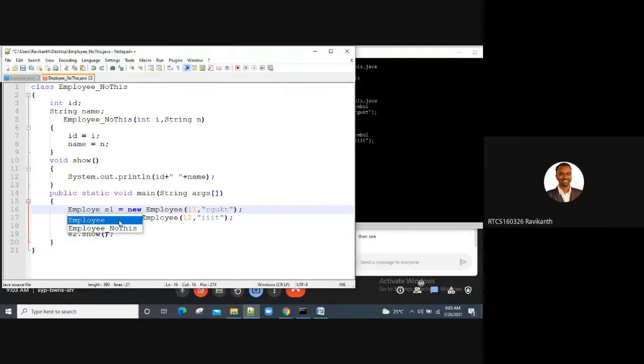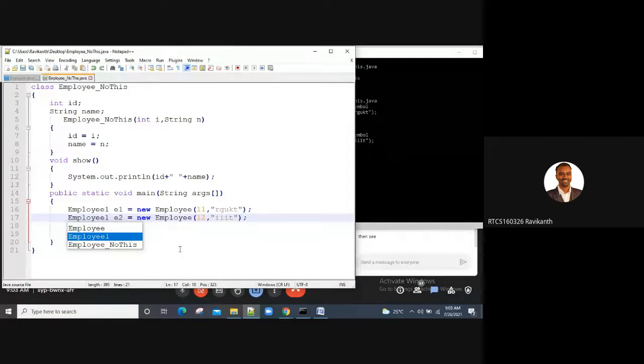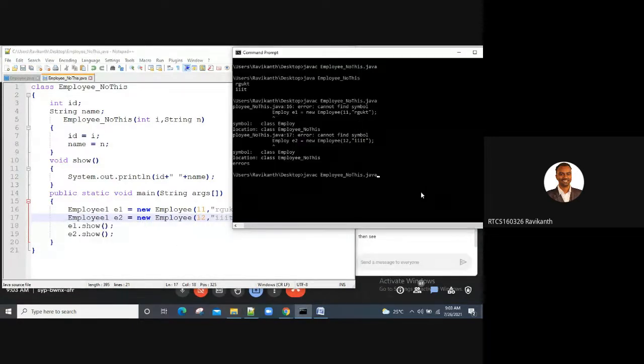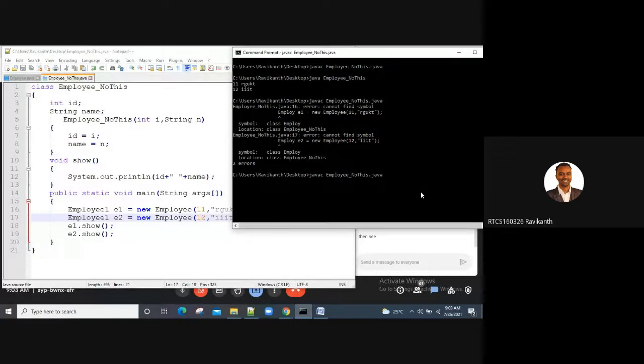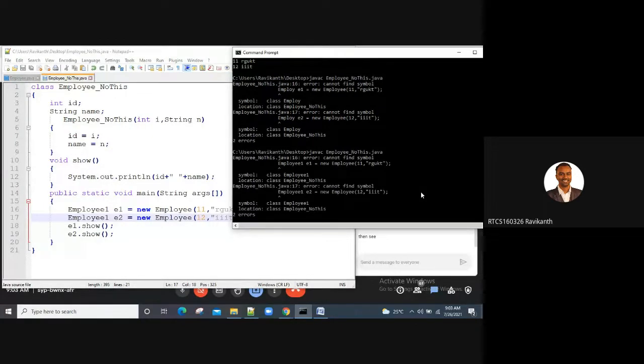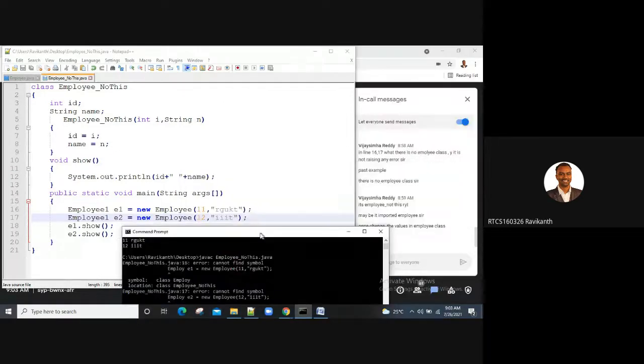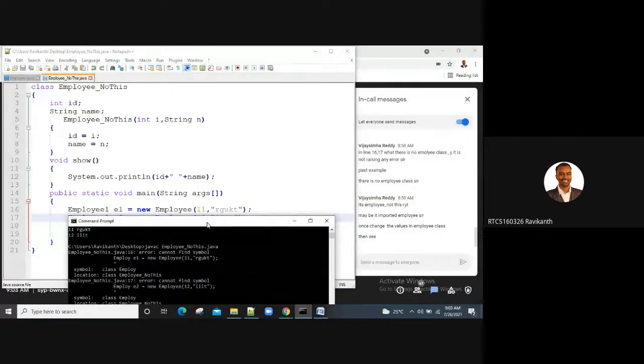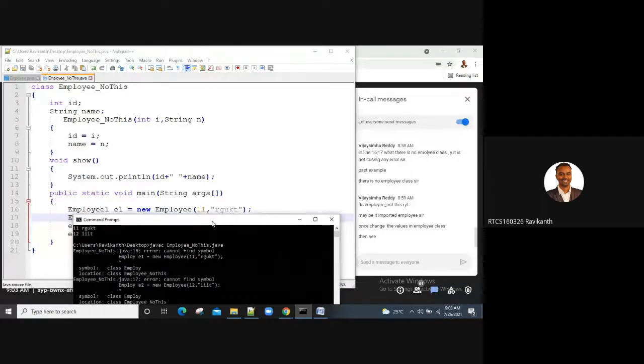I think it is taking the previous one. Actually, to be open, it has to give us an error in the previous case also, as Vijay Sinha was pointing out.